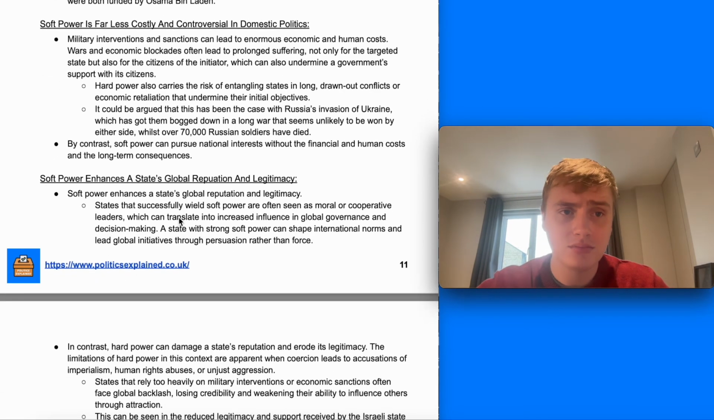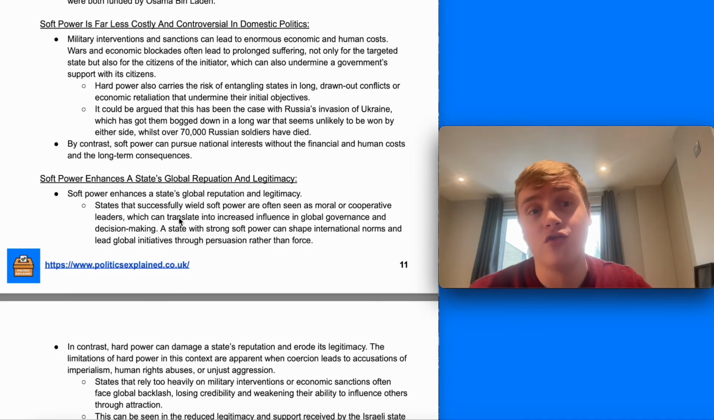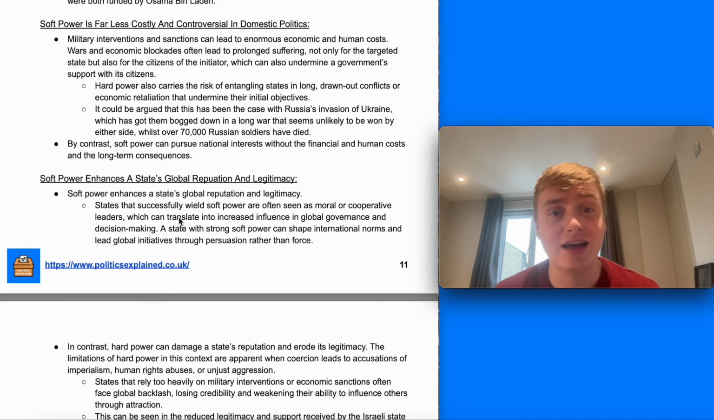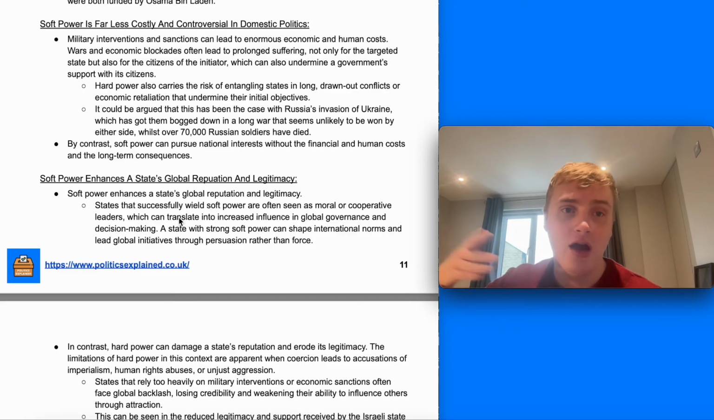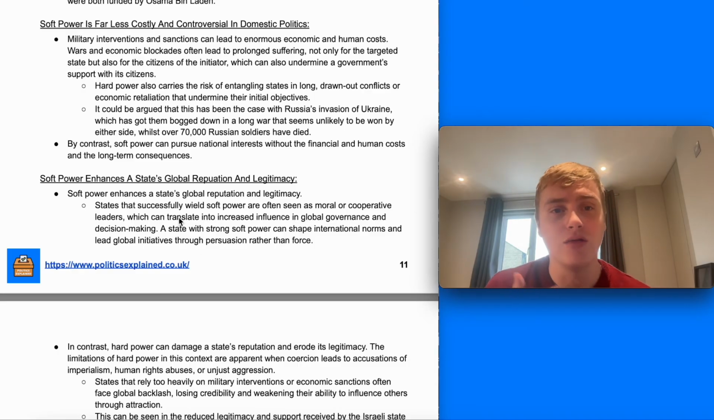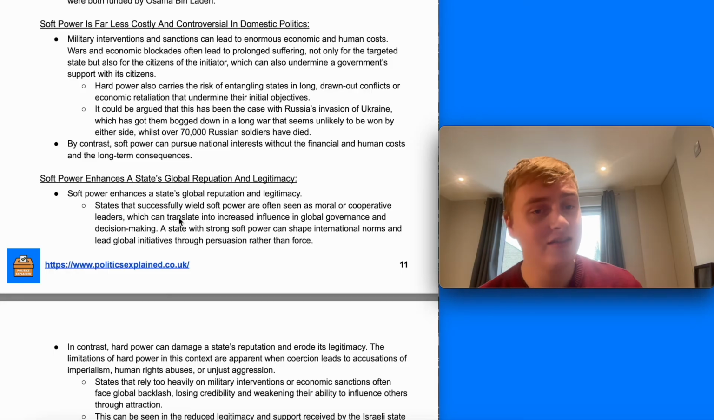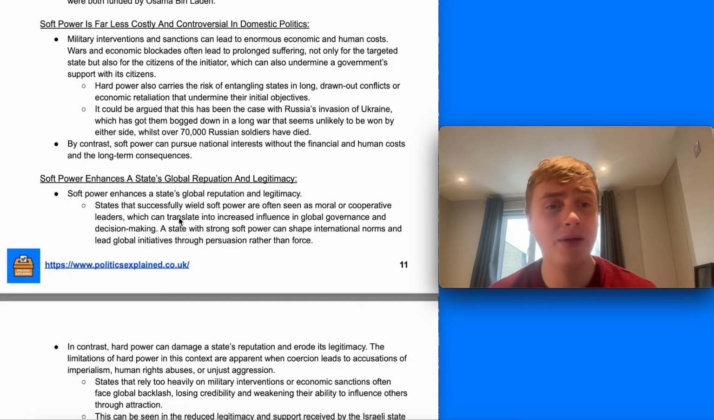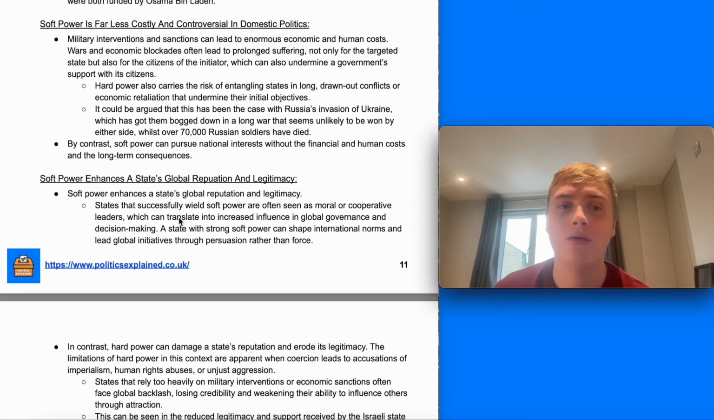Secondly, soft power is far less costly and controversial in domestic politics. Military interventions and sanctions can lead to enormous economic and human costs. Wars and economic blockades can lead to prolonged suffering for a country's population, not only for the targeted state but, if they retaliate, also for your own citizens, and that can really undermine a government's support with its citizens. So it really carries the risk of damaging your own citizens, their livelihoods and a government's popularity. Also, particularly the use of military force can entangle states in long, drawn-out conflicts that undermine